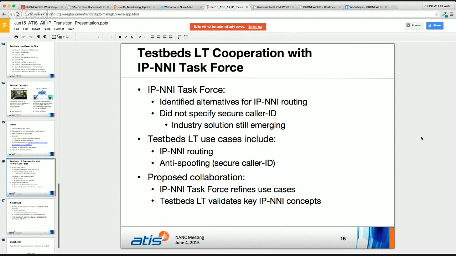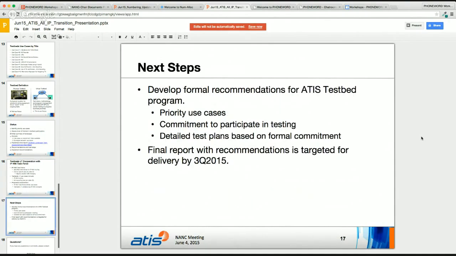Then slide 16 is how the team is going to cooperate and work together, I assume. And slide 17 is next steps, and they're expecting to have their report done in apparently third quarter